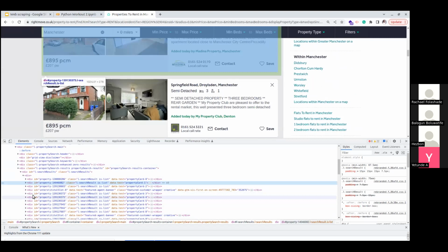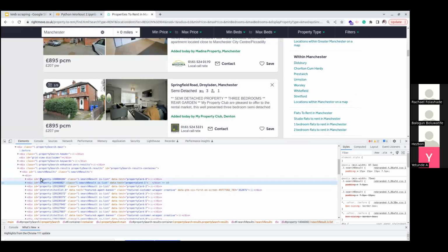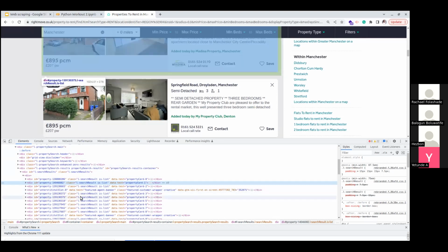One thing you will notice is that all of them have different IDs. But when you're doing web scraping, you start from what you want to scrape and you look for something that is peculiar to that. In fact, in all of their declarations, the HTML tag is the same. So this one is very simple.